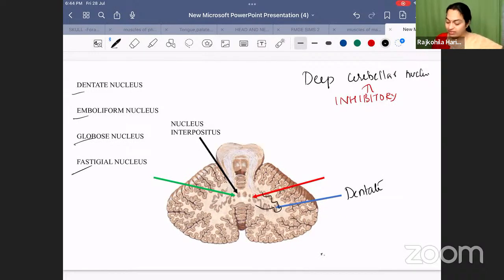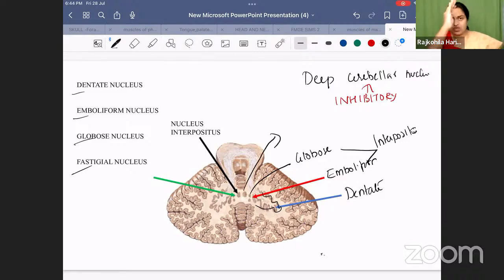And the second one, right? This is the emboliform nucleus. And the third one, that's the globose nuclei. These together are called interpositus. The nucleus of the paleocerebellum, which has control over the limbs. Okay. And this one, the one which is medial most, closer to the midline, on either side of the midline,